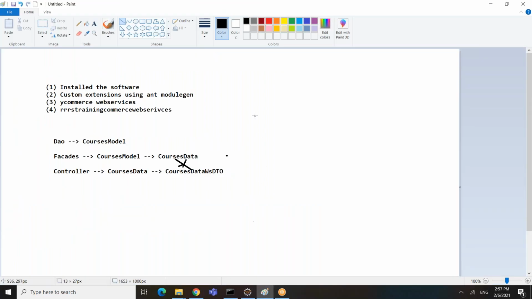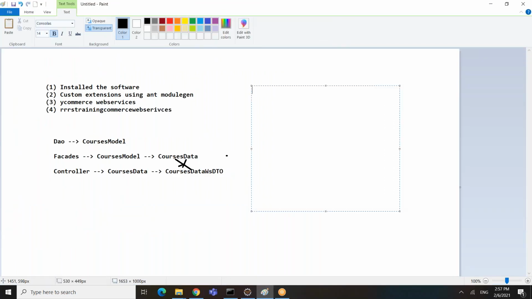So for example, an object or the item type may have, let's say, 10 attributes or 100 attributes. Not everyone requires those 100 attributes, right? I just want only 10 attributes. I don't care about the remaining 90 attributes. So why do we need to send all those 100 attributes part of the service? We don't need to send it, right? That's where this scope will come into the picture.